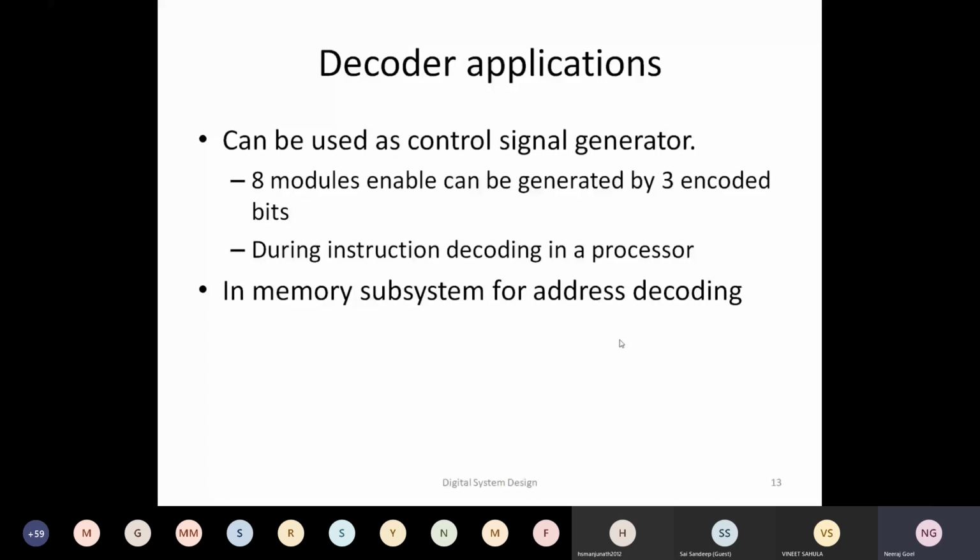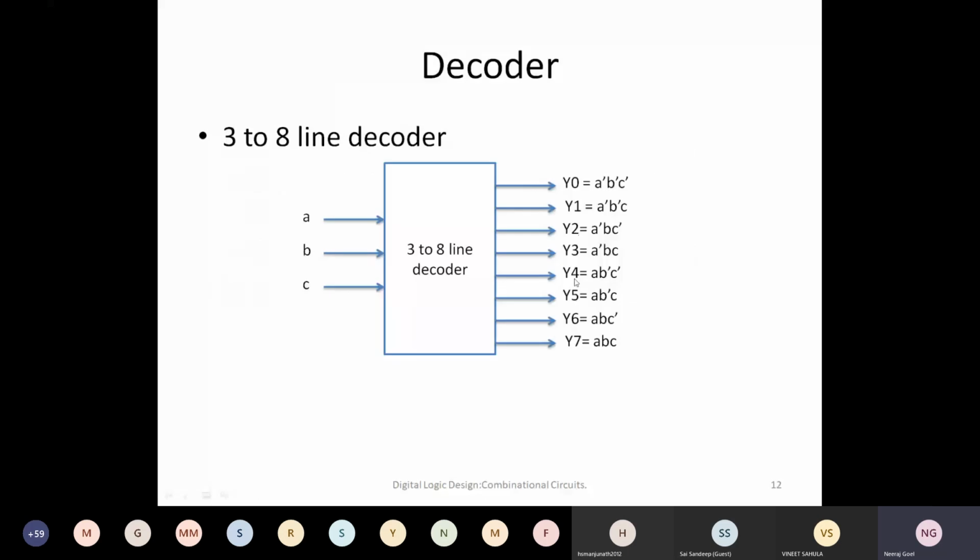So for example, if I have 8 modules, okay, and now I know that out of these 8 modules, only one of the modules has to be enabled. Then there would be a 3-bit control signal, and using that 3-bit control signal, we can give it to a 3 to 8 decoder, and these y0, y1, y7, all of these we can connect to the module enable pin of each of the modules. So this way, whenever my input is 0, 0, 0, module 0 will be enabled. Whenever input is 0, 0, 1, module 1 would be enabled. So similarly,